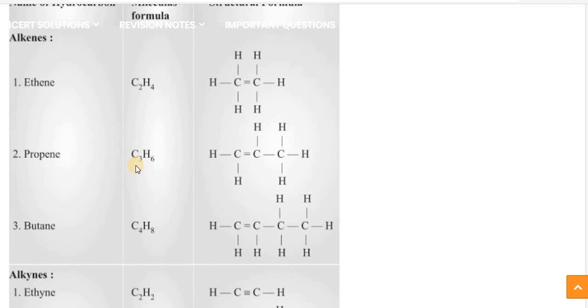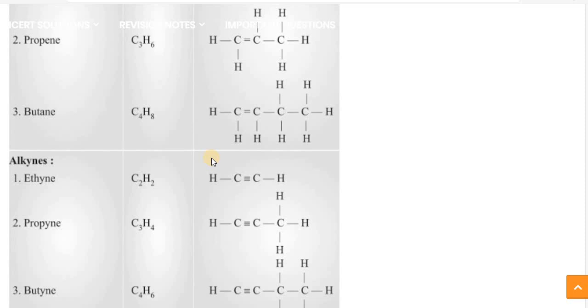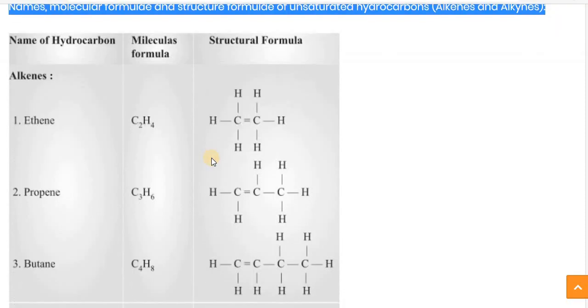As we saw previously of alkanes, that methane, ethane, propane, butane, like that. Here only the suffix changes to ene, and a double bond is there. According to the general formula, for ethene it is C2H4, propene C3H6, butene C4H8, like this. And one more thing to keep in mind: while making a formula you have to first count the valency of the carbon.